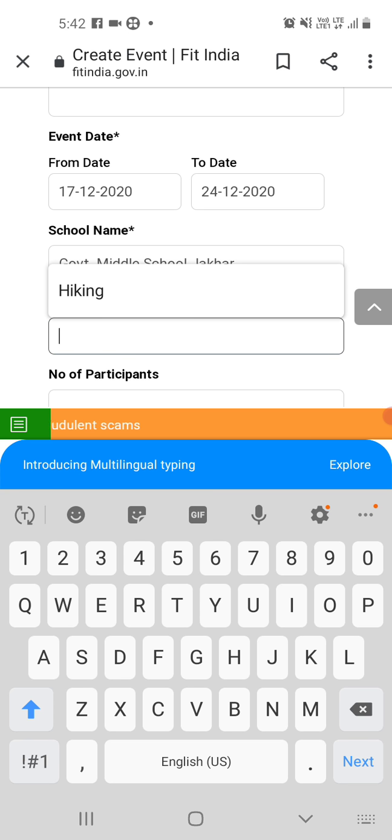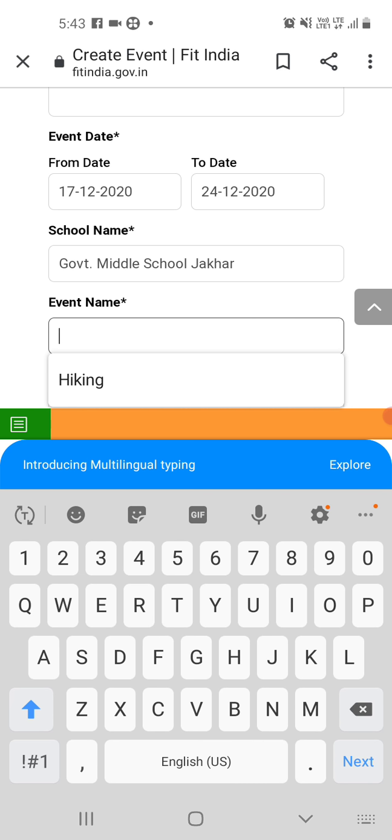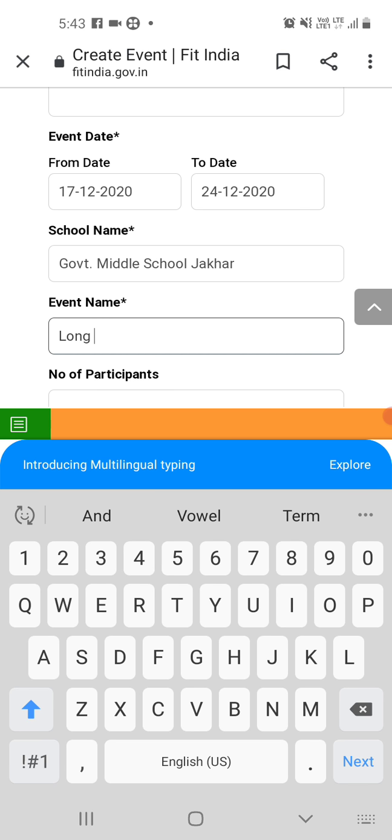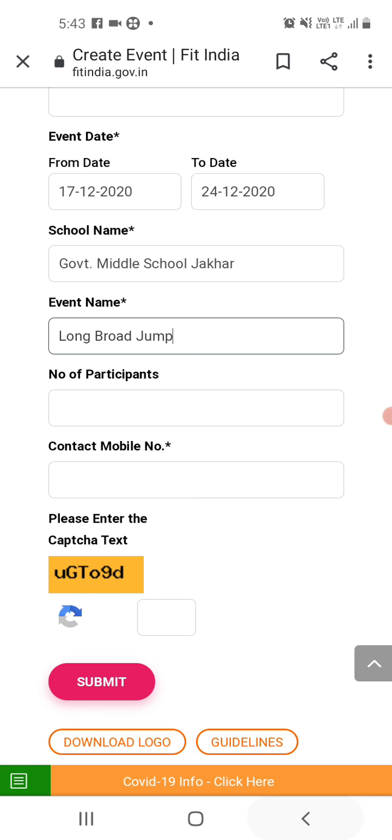Then event name, for example, it is long broad jump. Broad jump. This is the name of the event. So if your event is yoga, you can write here yoga. If your event is walking, you can write walking.